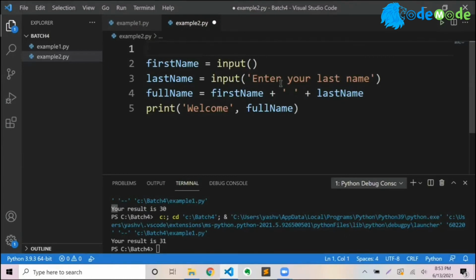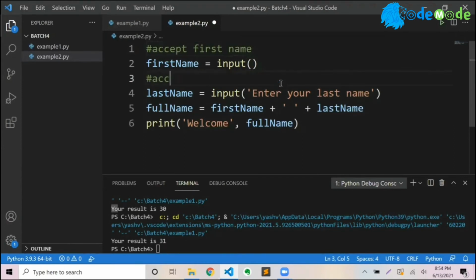You don't have to write a separate document to explain what this code does. You write the document as you type. So for example, you type a hash, and you will notice that it comes in green color. It says accept first name. Let's say hash accept last name. Comments are for you and me as humans to read. Python completely ignores them. Python doesn't care what you write in the comments.